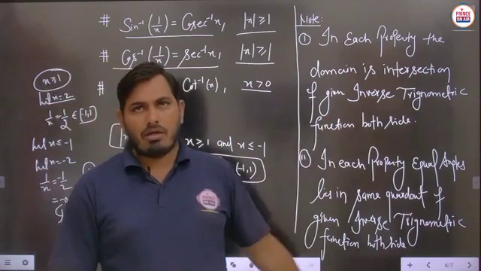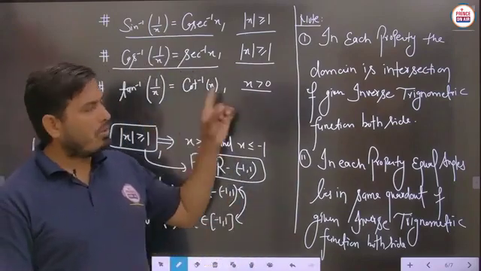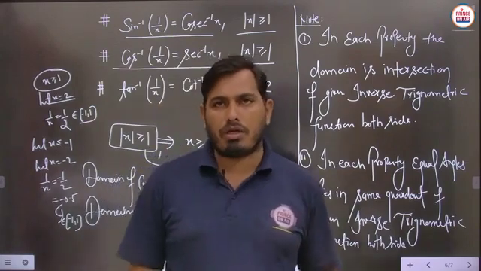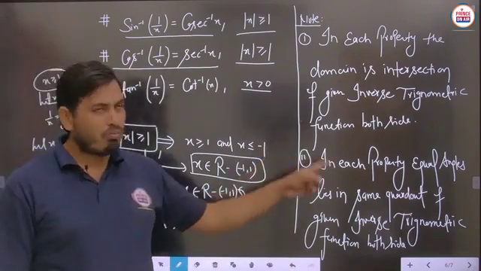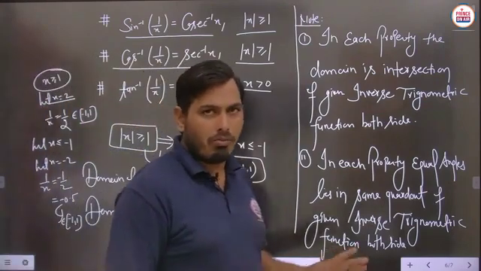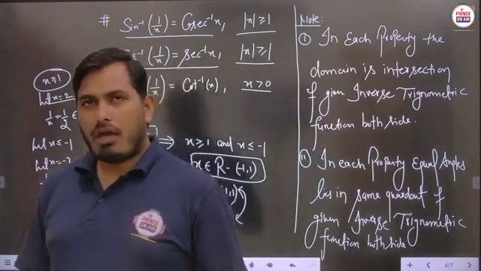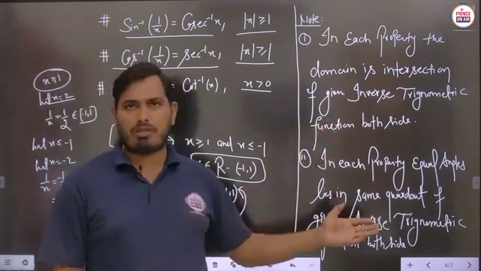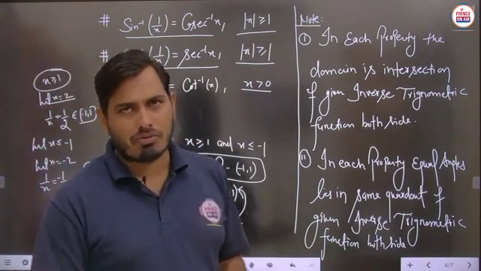Then in each property the domain is the intersection of the given ones, means we have to take the intersection, then we will check whether the domain is satisfied on both sides or not. And in the second part we are saying that in each property equal angles lie in the same quadrant, means x will lie in the same quadrant. This theory and these two points are very important to check such types of conditions. Is it clear? So I think you have got some of the part of these conditions, but if NCERT questions are solved, then there is no requirement to learn these types of things, because 99% of questions are in such a way that the domain is already satisfied.